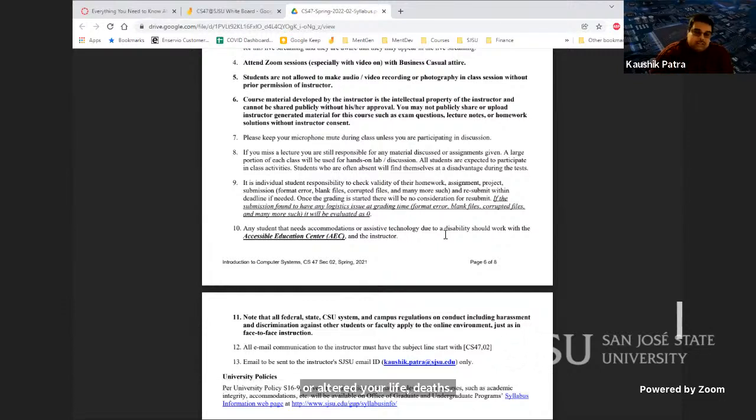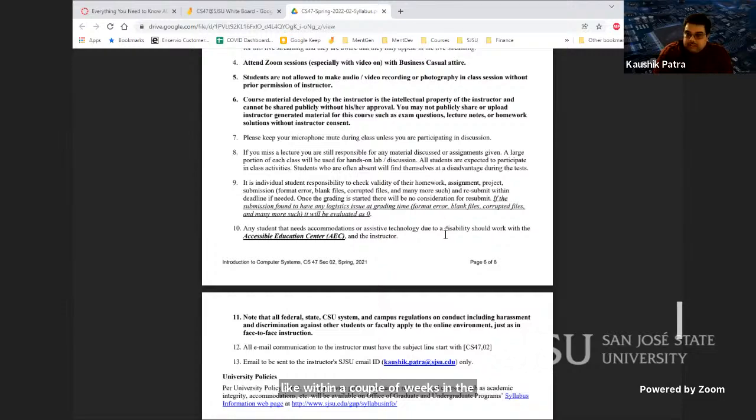You cannot just come in 6 hours before the deadline and say I need an extension. No, that doesn't work. Or just one day before the final exam say I need an alternate date. That doesn't work. Just look at those dates and let me know upfront, probably within a couple of weeks in the